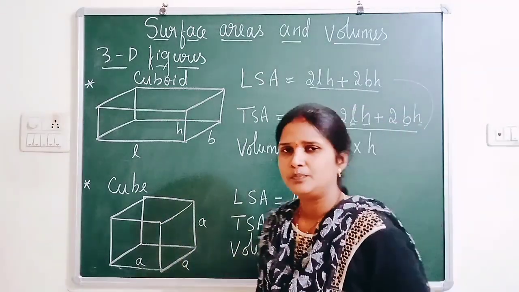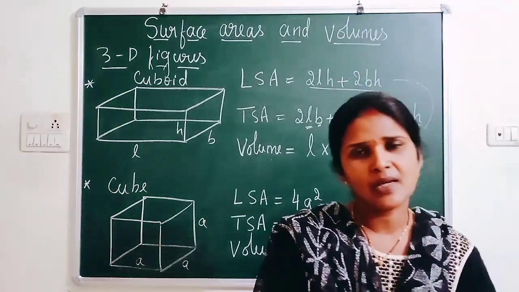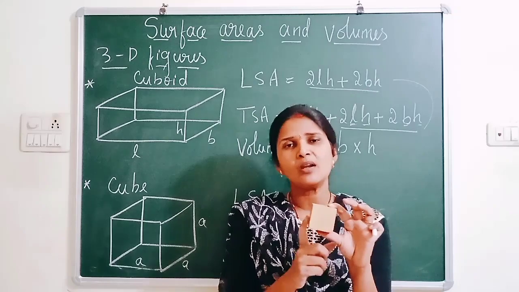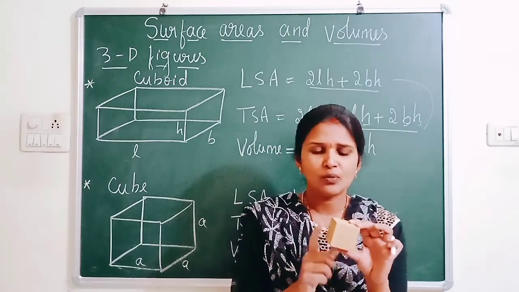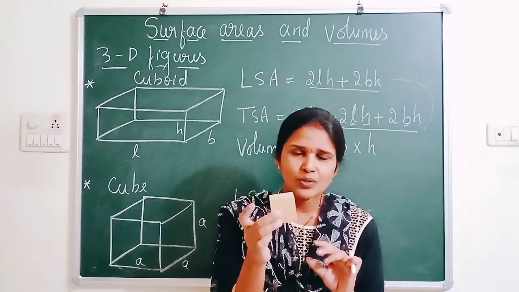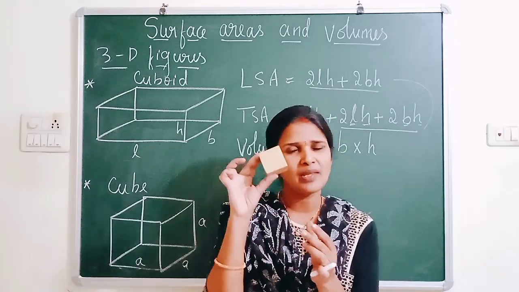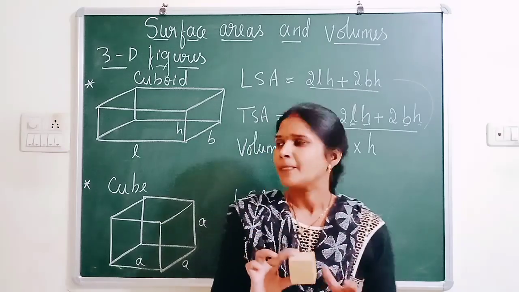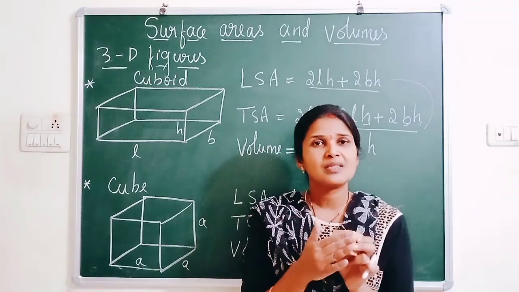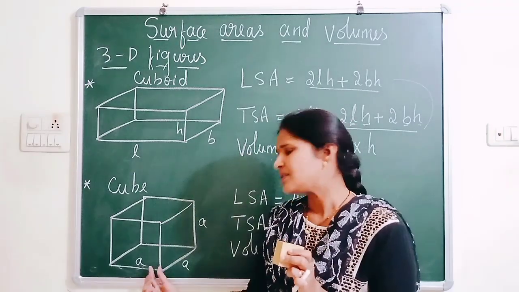Next, coming to cube. You know that cube is made up of all squares. So cube is made up of all faces of the cube. The faces are squares, and in a square all sides are the same. Therefore, in a cube all 12 edges are the same length. Now, it's very easy to remember. So what is area of square? Side into side. You can take side as S or A. Here I have taken A.